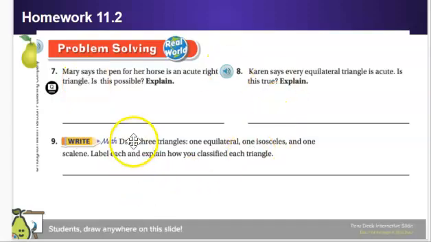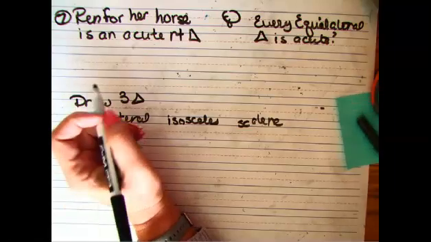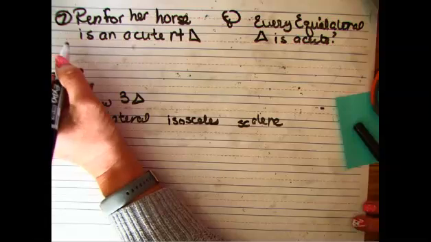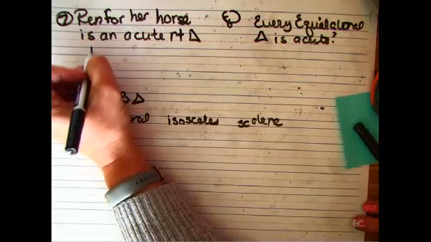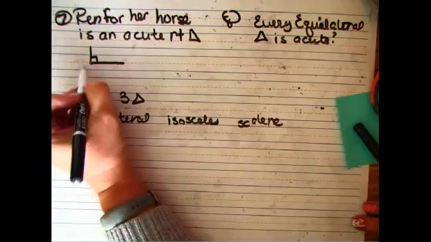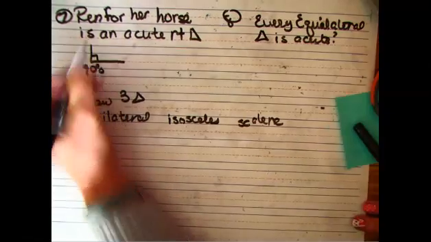All right, so I took these problems and I wrote them down on my paper, and we're going to take a look at how I solved them and see if you solved them this way as well. All right, so for question number 7, the question was, can you have a pen for a horse that is an acute right triangle? So remember, a right triangle has to have this square. The square represents 90 degrees. Well, you may not know this,